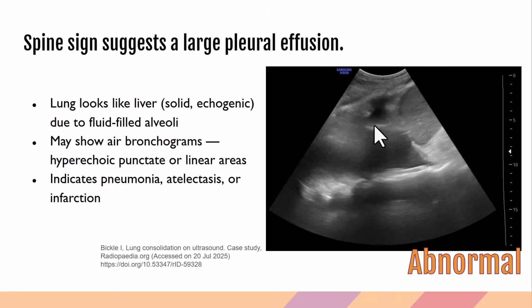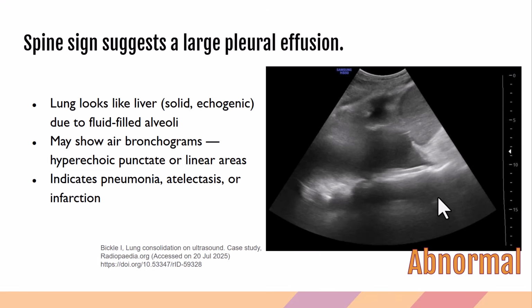Superior to the diaphragm, again in the normal chest, this is all going to be artifact. It might be mere artifact from the liver reflecting across the diaphragm, or it'll just be artifact from the lung itself, causing reverberations or scattering of the ultrasound. With that, we usually don't have enough ultrasound energy to continue seeing the spine in that posterior field. So it looks kind of like the spine just